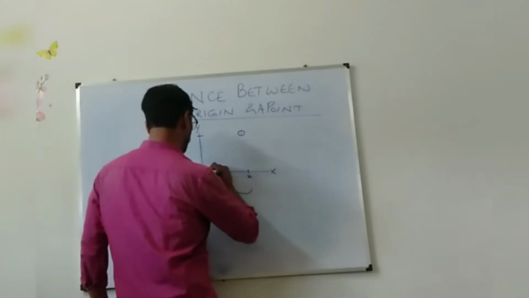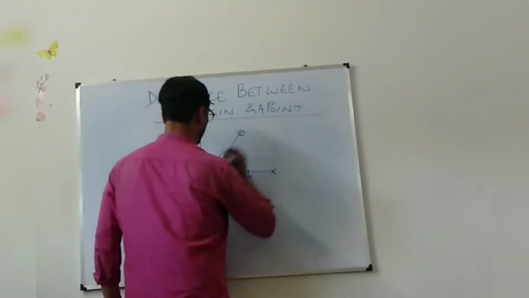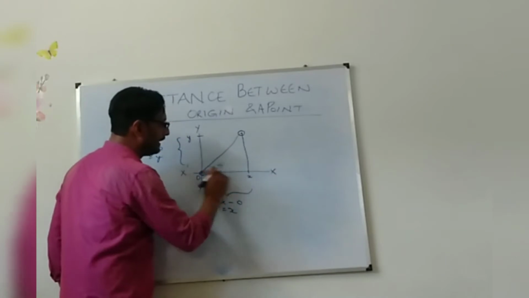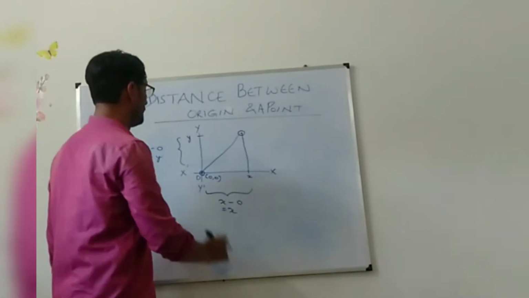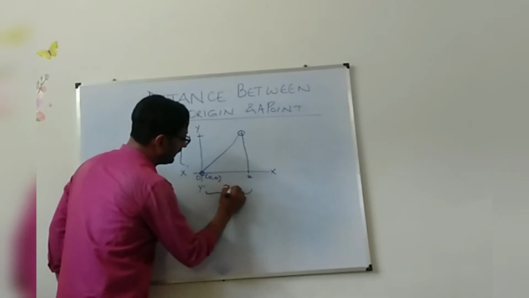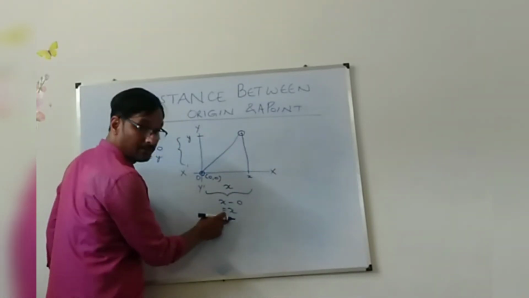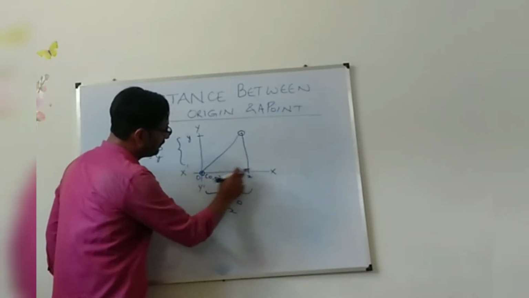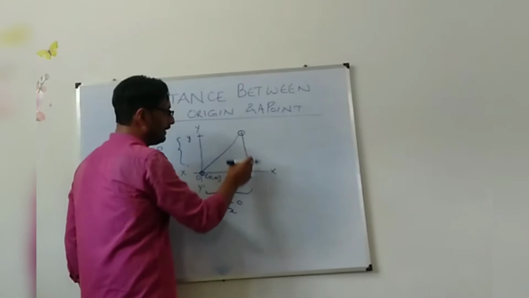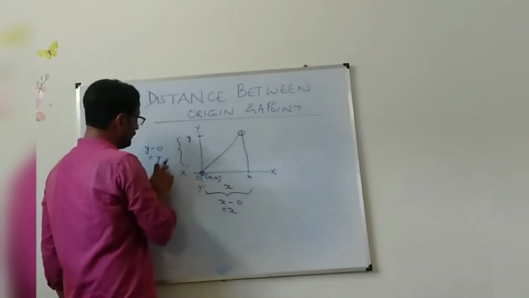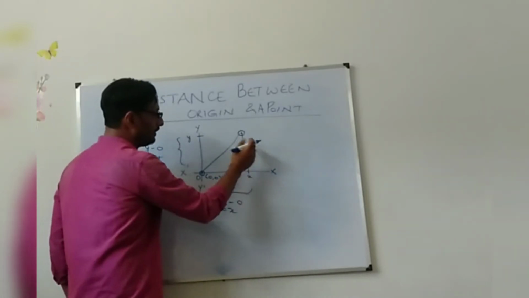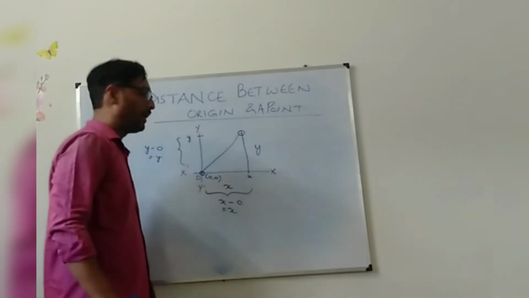So you need to find out the distance between these 2 points. So how will it be looking? It is looking like a right angle triangle. So what is the length of this one? The length of this one is x. As I told you, the distance between these 2 points is x. And what is the length of this line? I told you the length of this line is y. So this is parallel to this one, so this one will also be y.